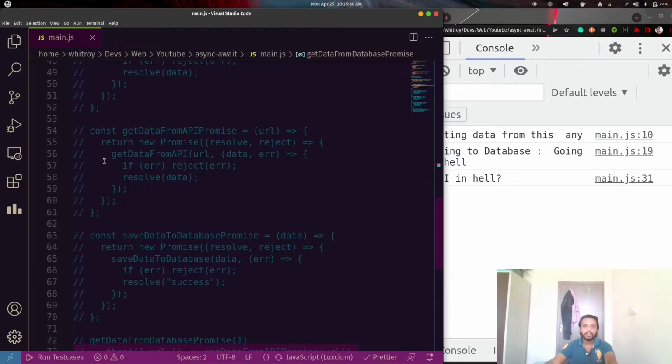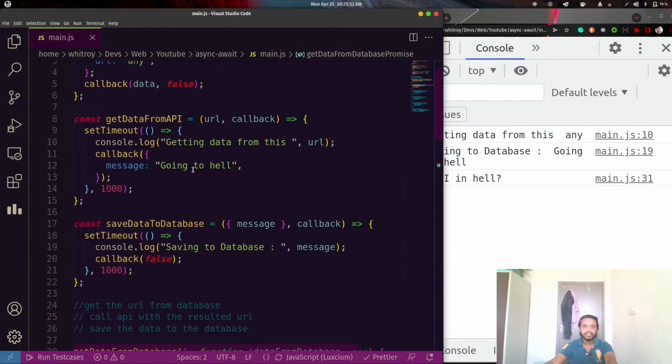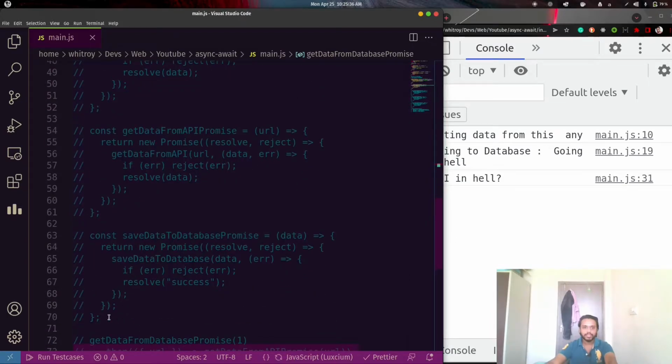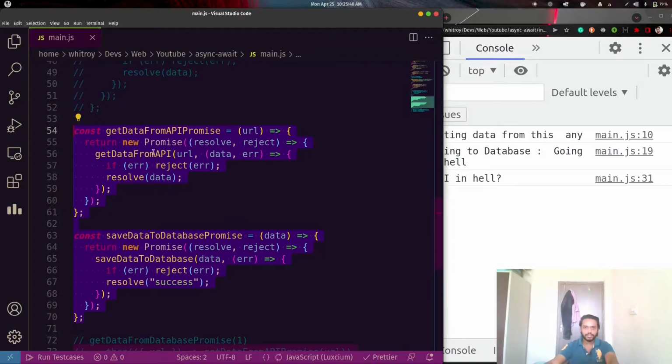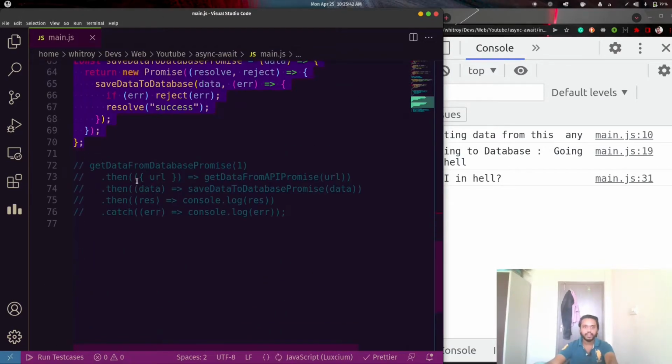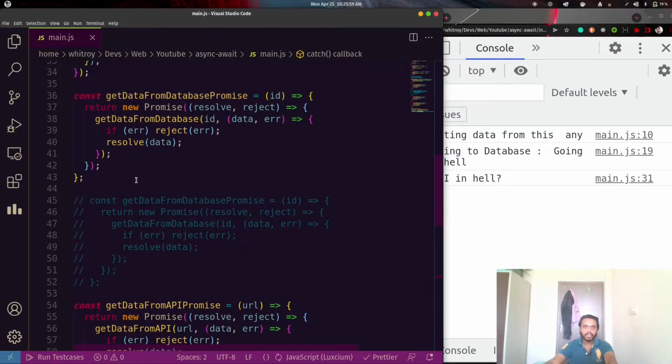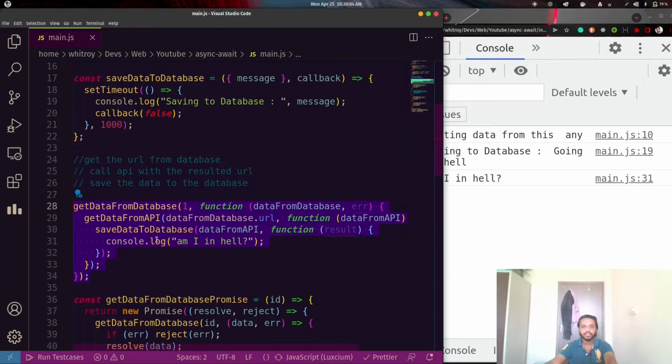I have already converted these two into promises. So here it is, and now if I uncomment this, we should get the same result as this implementation gives. Let's check.